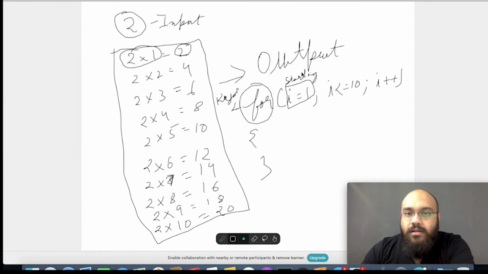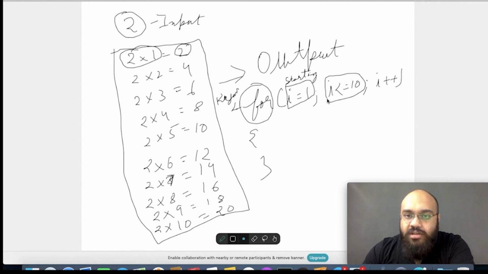Okay, the loop will run till i is less than or equal to 10. So from 1 to 10, this is the check condition, the second condition if we call it. So this is the starting condition, this is the check condition, or maybe the ending condition. When will the loop end? So this is a condition, it will check it. If it is true, the loop will continue.